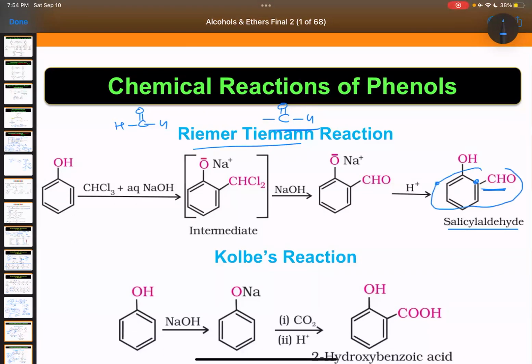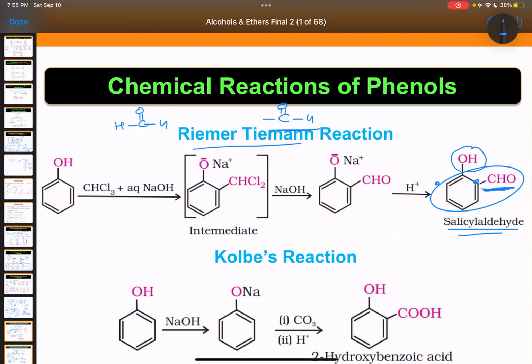This is known as benzene carbaldehyde. This is the main functional group, and this is hydroxy. Because this is a higher priority functional group, I'm going to use the suffix of benzene carbaldehyde, and 2-hydroxybenzene carbaldehyde is the IUPAC name of